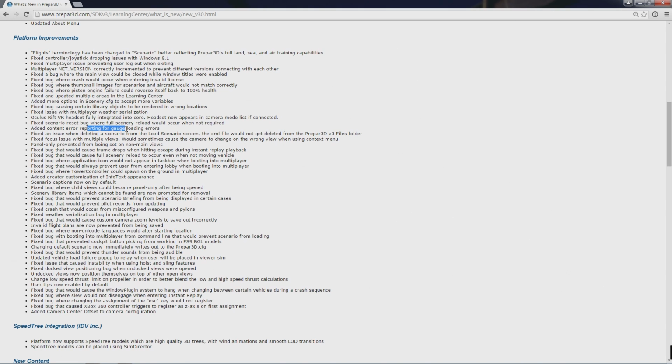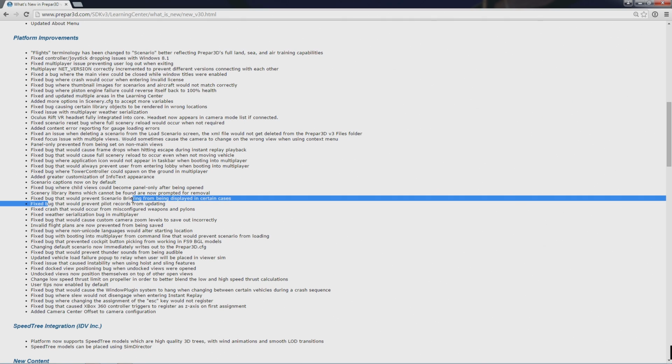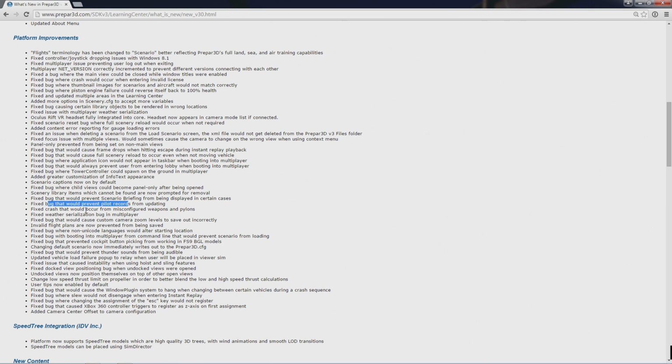Added content error reporting, okay great. Fixed a bug that will cause frame drops when hitting escape during instant replay. I've never seen that. Fixed a bug that will cause a full scenery reload to occur, even when not moving a vehicle. Okay. More bugs. Let's skip all these. Scenario captions, now on by default. Okay. Fixed a bug with child views, whatever. More bugs here that will prevent scenery briefing from being displayed, a bug that will prevent pilot records from updating, a crash from misconfigured weapons and pylons, fixed weather serialization bug in multiplayer, fixed bug when booting into multiplayer from the command line, okay. Default scenario now writes out immediately to the prepared config, so if you change your default